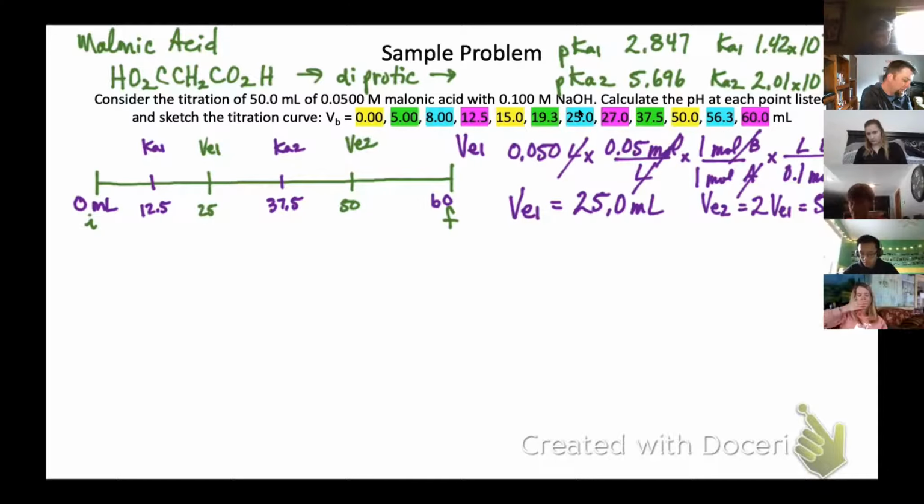There's the slide that we were taking a look at, where I broke down in similar fashion to how Harris did. It's the slide right before we start indicators, where there's a hypothetical titration curve with points A through F listed on there. What we have here in this sample problem is just a different version of that same thing. We've basically squashed that down into a single axis, and we're using this number line as a means to help us understand what point we're at along a titration curve, and therefore what math we're going to use to solve for